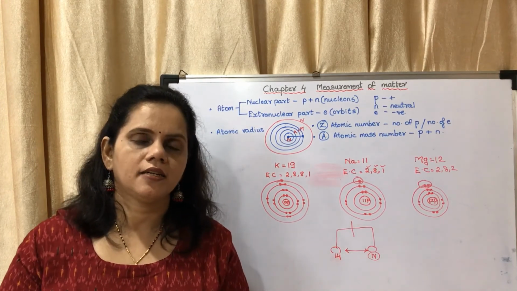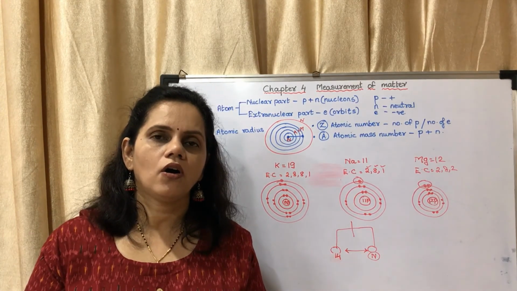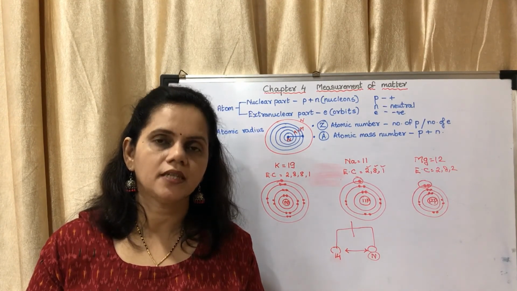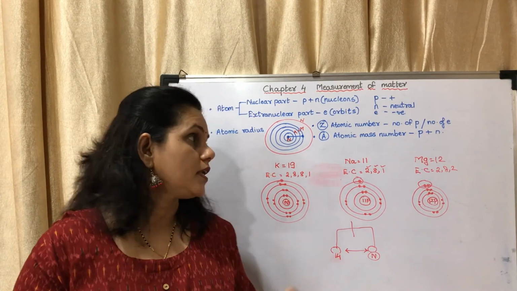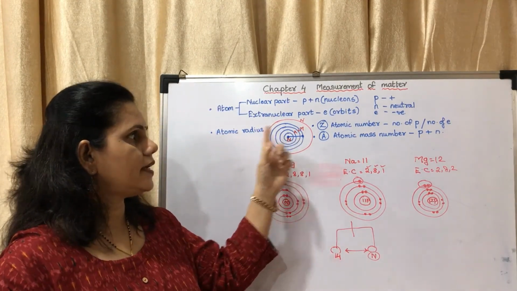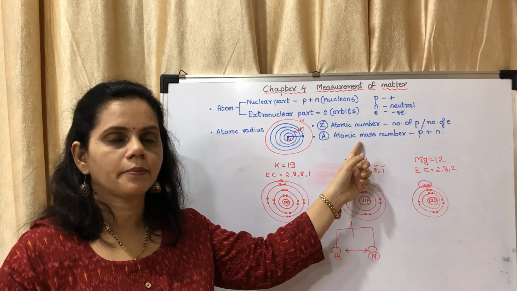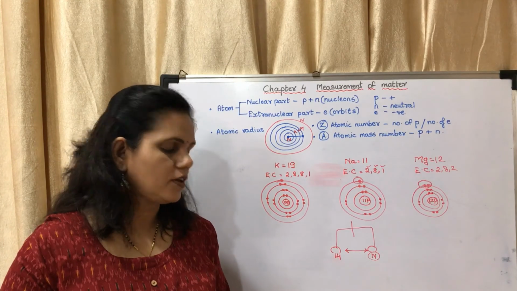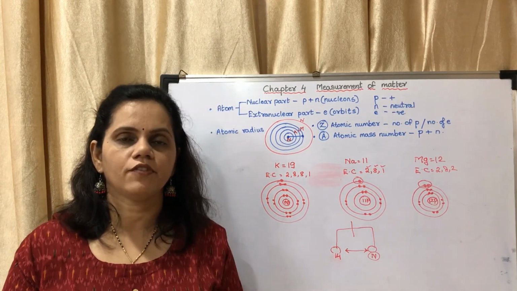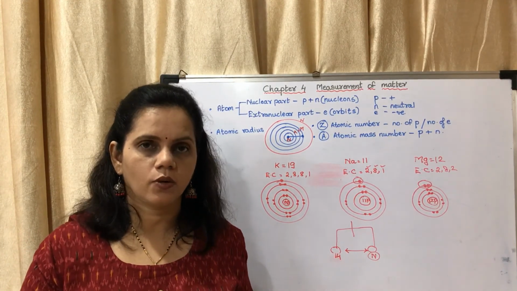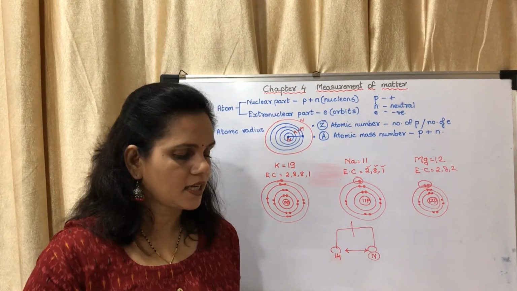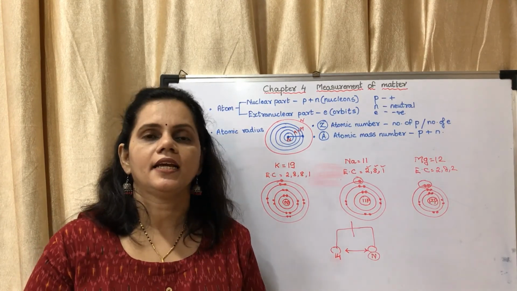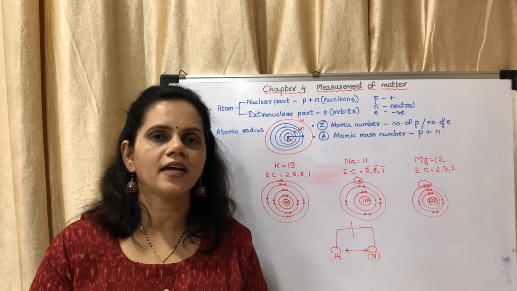So in this lecture you have to study the laws of chemical combination. There are two laws: law of conservation of matter and law of constant proportion. Now, these definitions: atomic radius, atomic number, atomic mass number, what are nucleons, and the fill in the blank on page number 50. What is 1 Dalton equal to? 1.66053904 into 10 raised to minus 27 kg. It could be asked as a fill in the blank question.